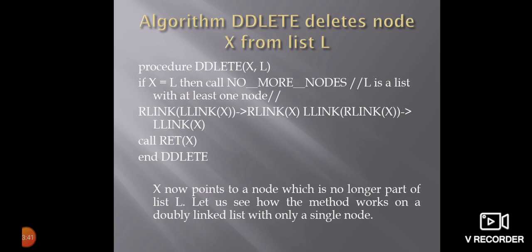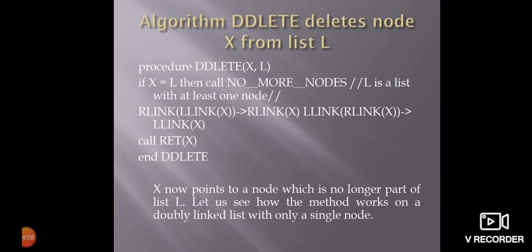You're going to mark it with the letter X. X is the address of the node which you're going to delete. So what you're doing here is, the left link of X is actually the previous node. The node which the left link points to is the previous node, that is the address you're taking, and you're going to keep it here.